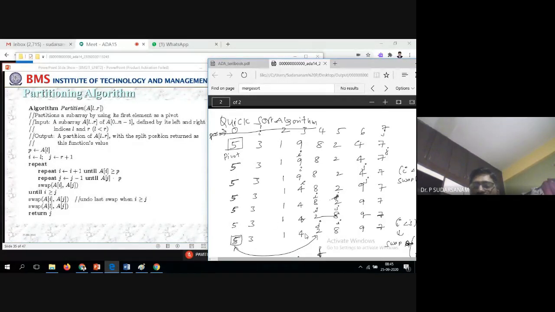So once it comes out of that one, i is greater than or equal to j. So in that case, the pivot element and a of j. You can write pivot element comma a of j location to be swapped if i is less than this one. So this is what the values will be written. Any doubts you can tell me. I'll tell you once again if it is required.